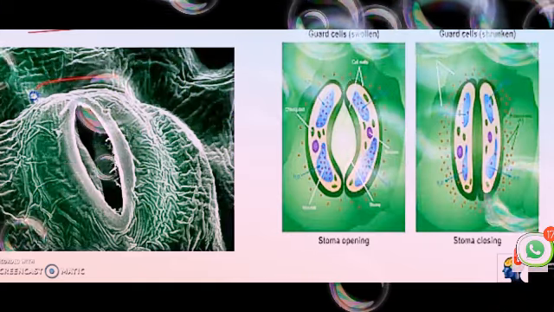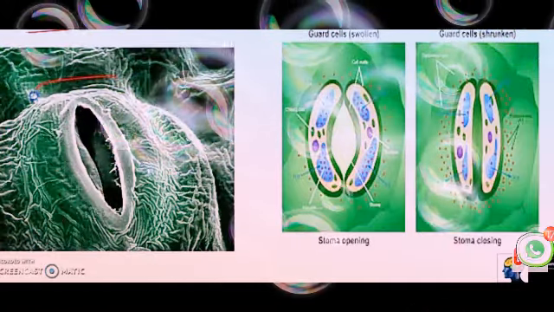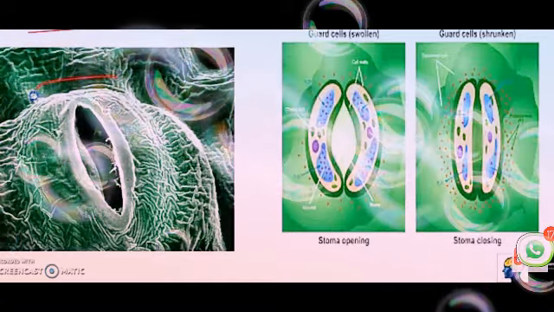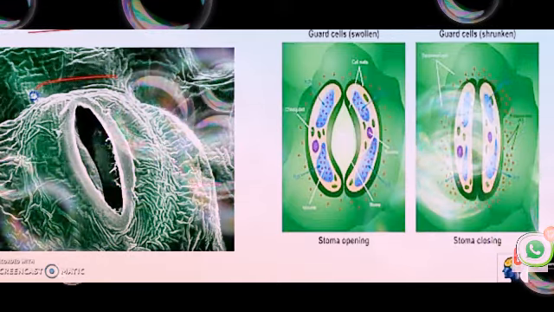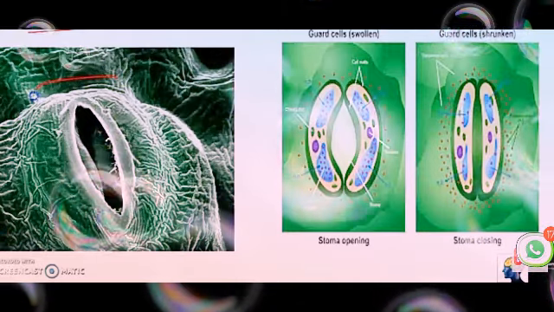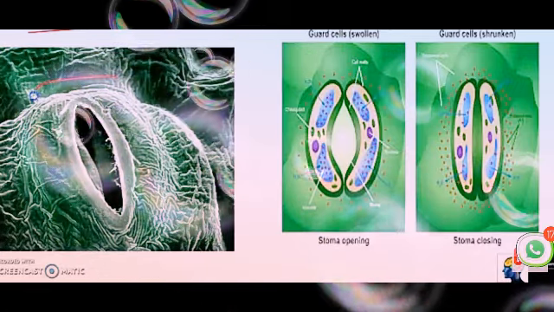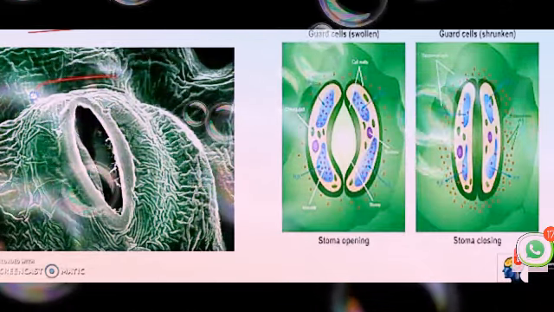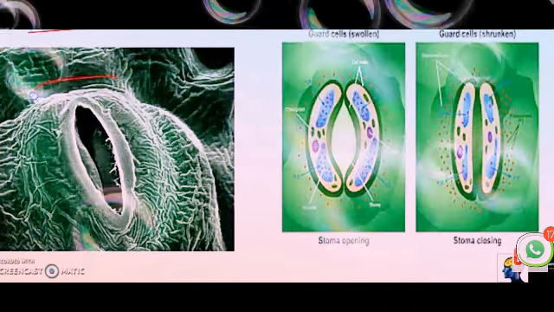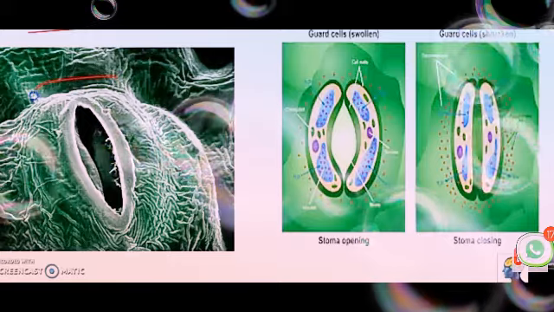Now we will see the process of photosynthesis through the internal structure of the leaf. The internal structure of the leaf shows that the mesophyll cells, both palisade and spongy cells, are present in the leaf, and during the daytime when the sunlight falls on the leaf, the light energy is trapped by the chlorophyll of the upper layers of mesophyll cells. The upper epidermis and lower epidermis are very thin, but the mesophyll cells, palisade and spongy cells, are filled up. The water vapor is also filled up inside the cells.